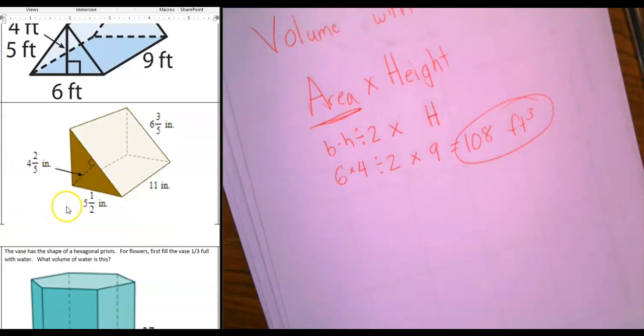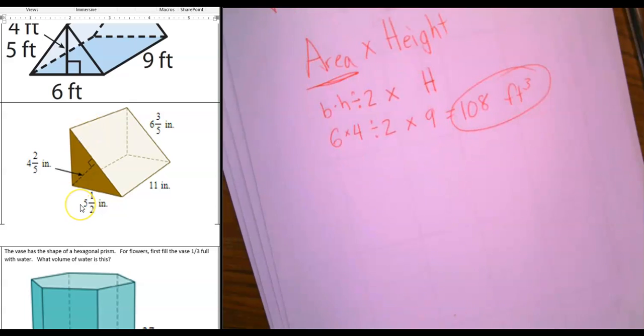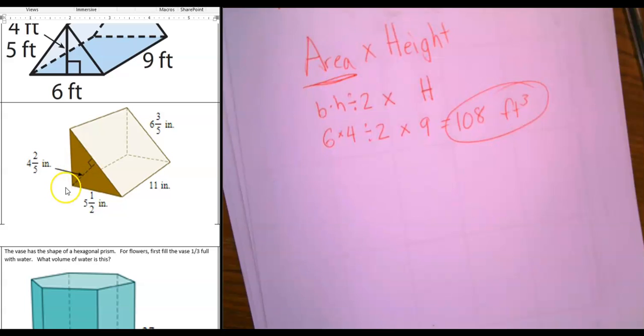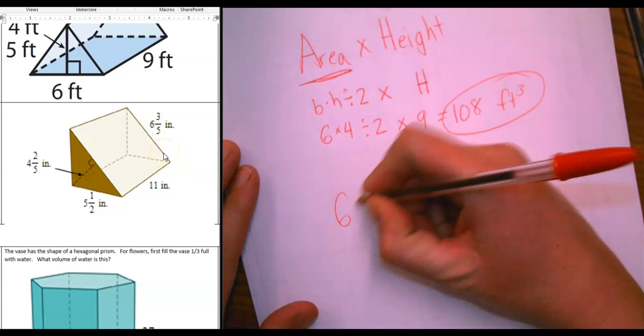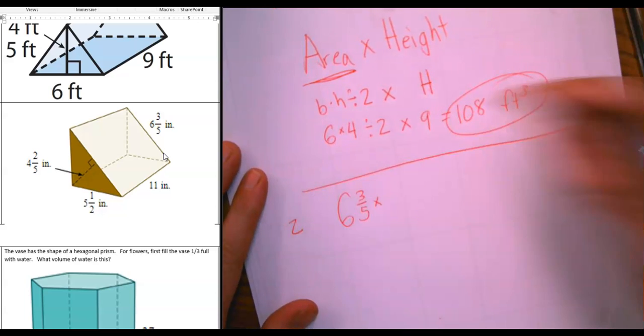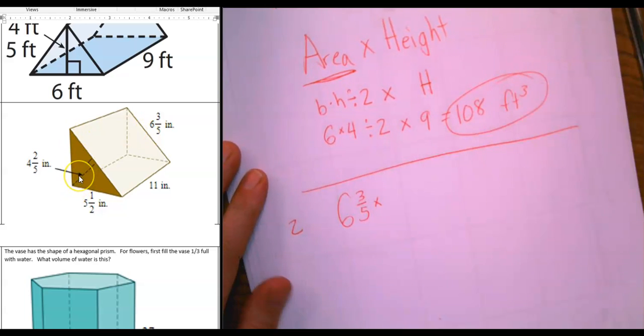Okay, our second one, area of the base times the height. It's going to be the same formula because it's still a triangular prism. Notice on this one, the base is this line right here because the base has to be perpendicular from the height. And so that's our height. That is our base, which means the base of the triangle is 6 3/5. The height of the triangle is 4 2/5